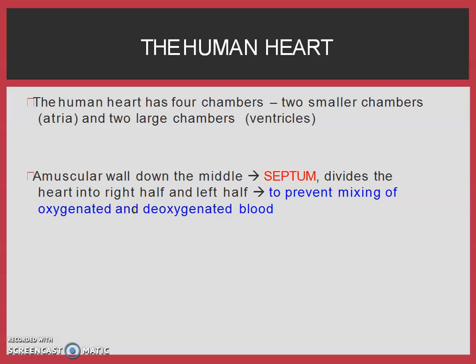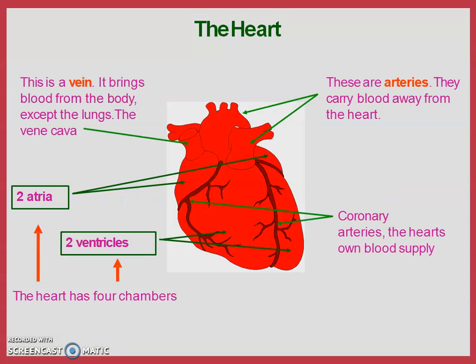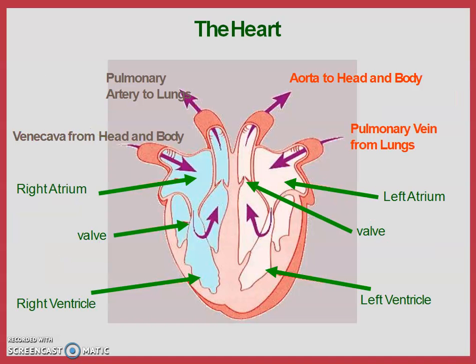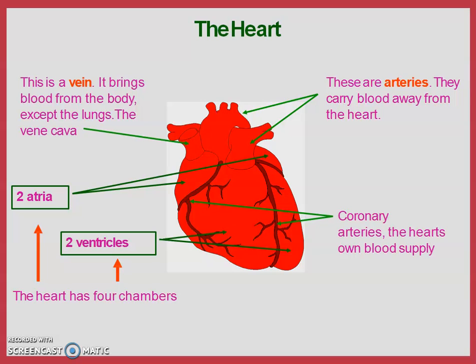That means the right half of our heart contains the deoxygenated blood and the left half of our heart contains the oxygenated blood. So talking about the heart, this is the external structure of the heart. We'll talk about it. Now, talking about the structure of the heart, this is the structure of the heart internally. Externally it looks like this. Our human heart is a hollow muscular organ, the size of our clenched fist.